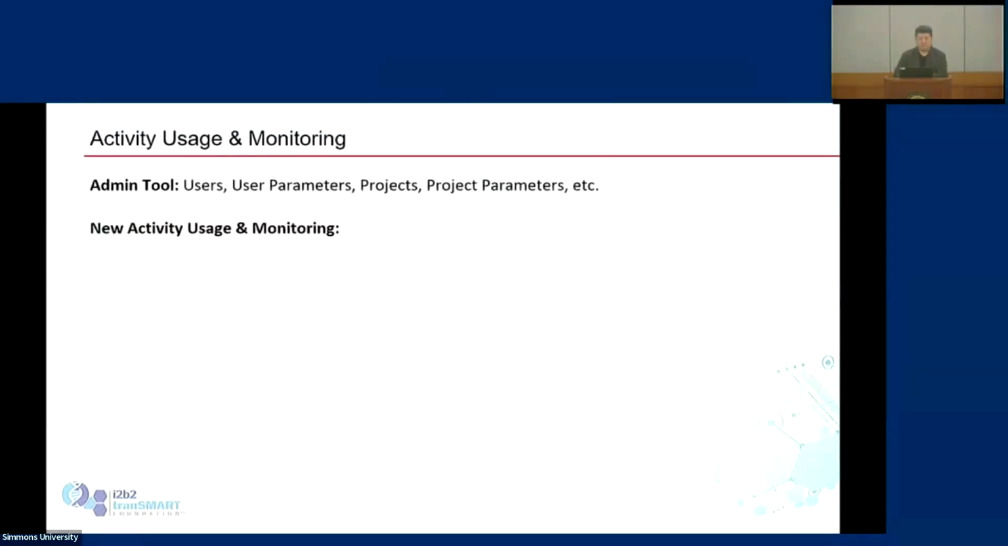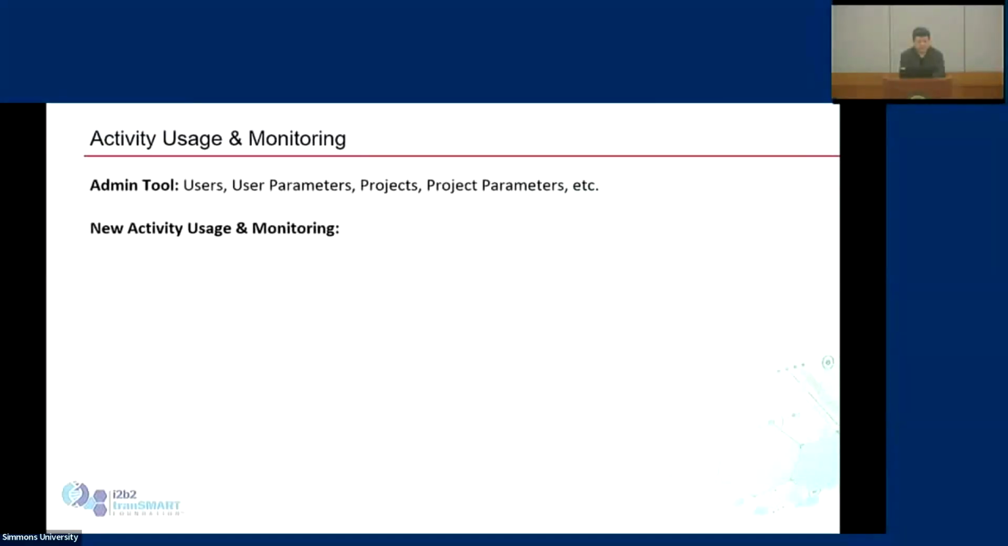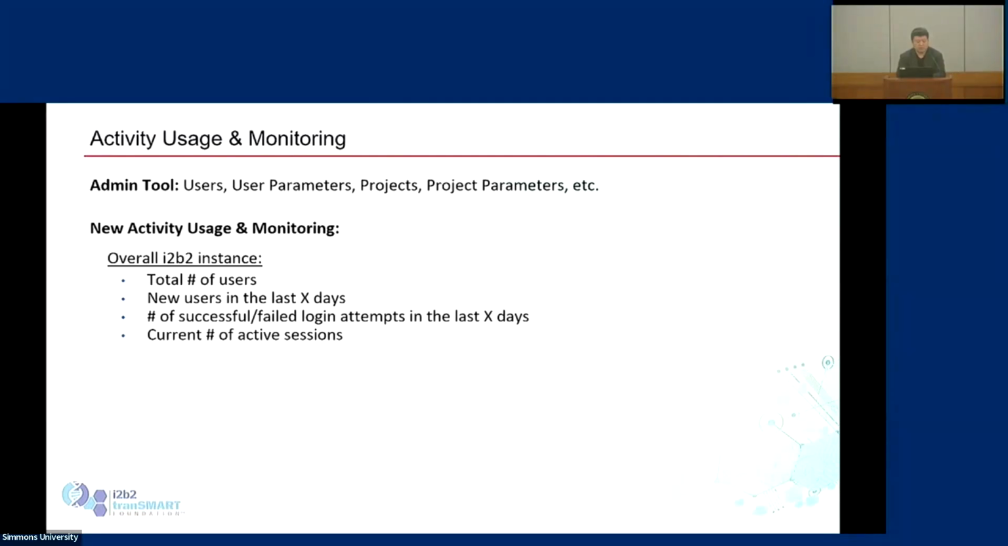So this segues extremely well into a new activity and usage monitoring dashboard that is being introduced in 1.8.3. The first line here, admin tool, I think everyone's familiar with it if you've used I2B2. The admin tool is a way for you to manage users, user parameters, projects, project parameters, and so forth. But there is now this new activity and usage monitoring tool, which allows you to do several things. It allows an admin to look at the overall, and we're only talking about one I2B2 instance here,